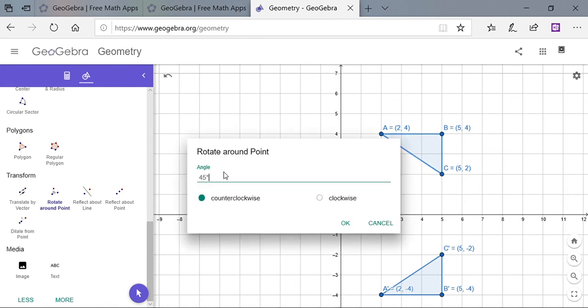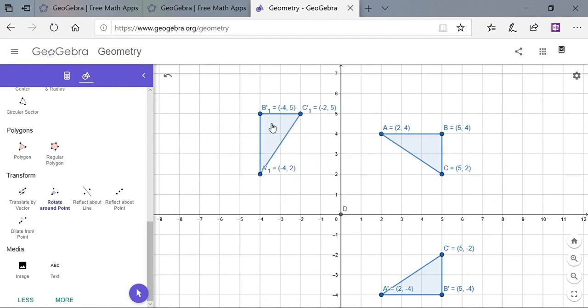And then now it's asking me how much to rotate it and which direction. So let's do 270 degrees. And let's do that clockwise. And click OK, and we'll watch it rotate. So there is our 270-degree rotation clockwise from the original shape. And the coordinates are